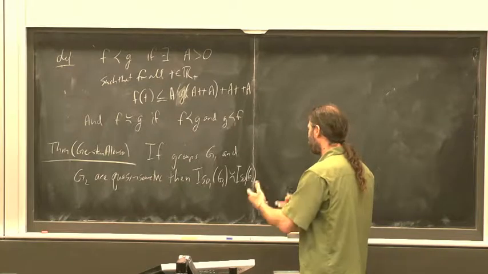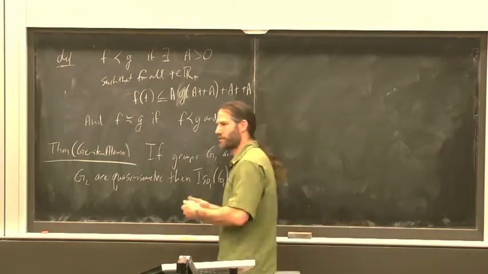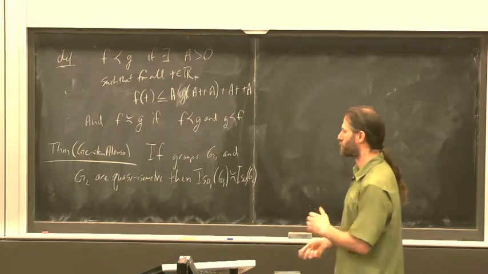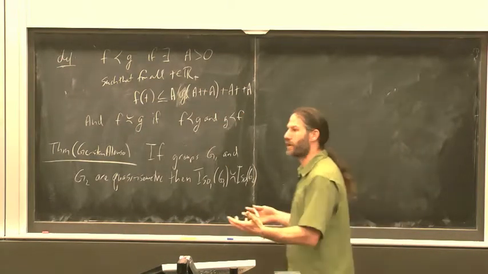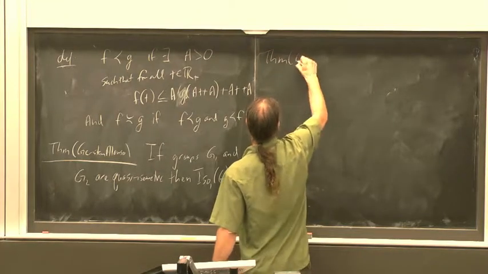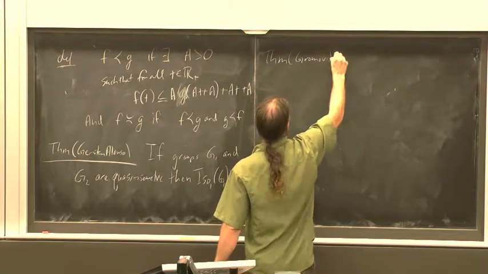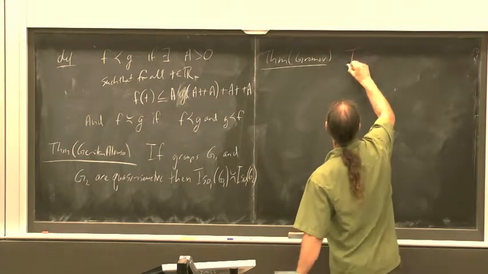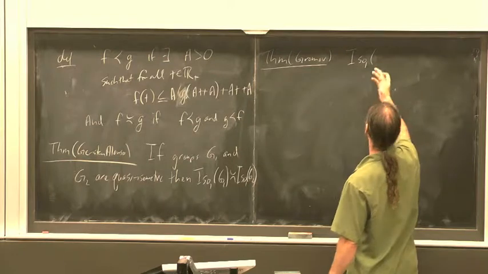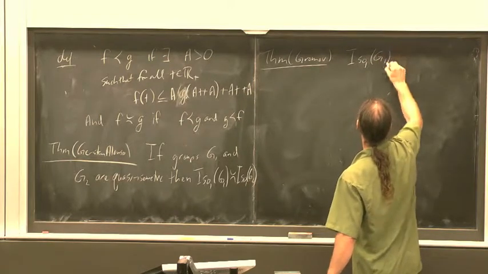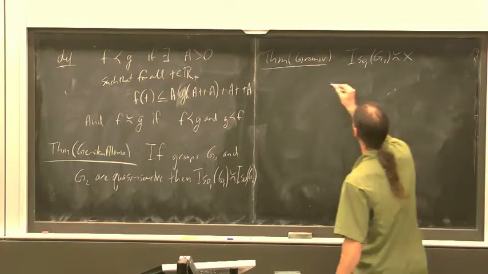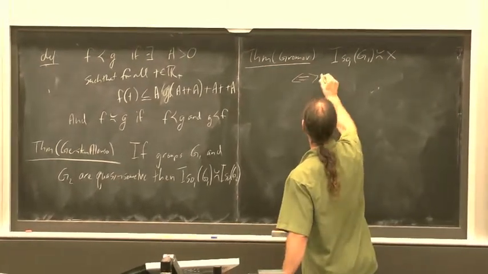And so now that you know that the isoperimetric function can be naturally attached to the group without depending on the generating set or the choice of presentation, you might want to ask what else it sees. So, a theorem of Gromov's is that, well, what's the simplest first isoperimetric function that can occur? Well, it could be linear. And it turns out that if it's linear, that's equivalent to being